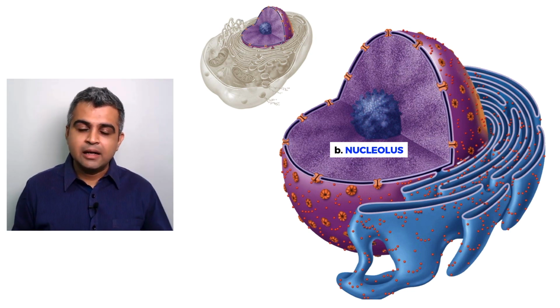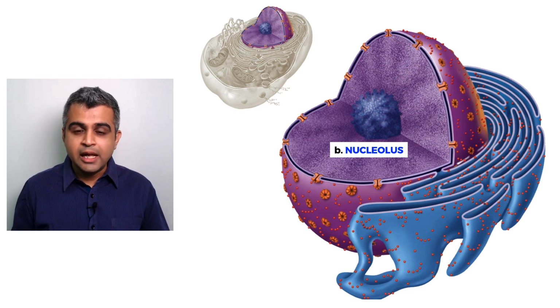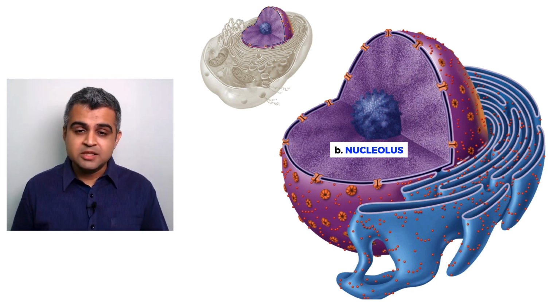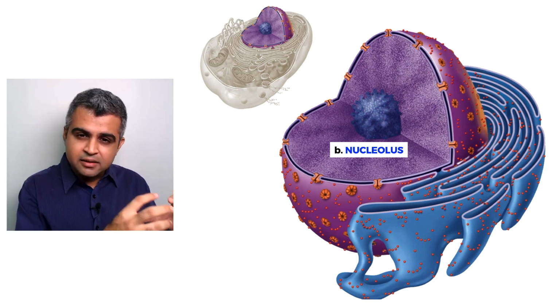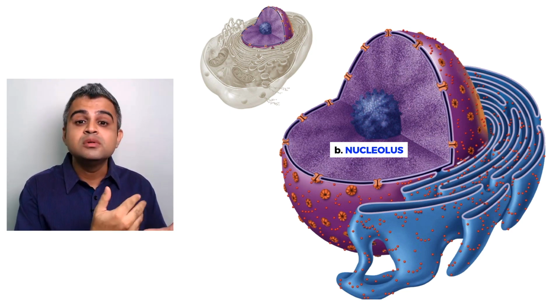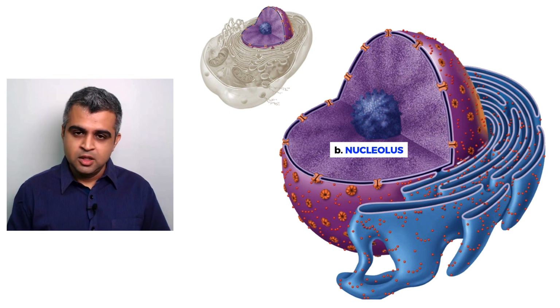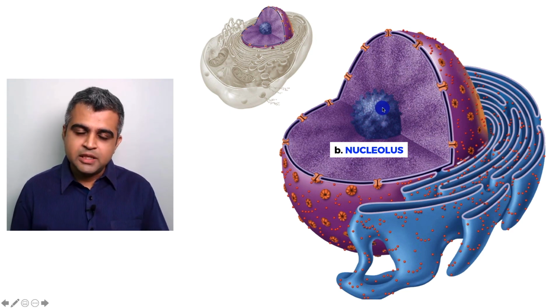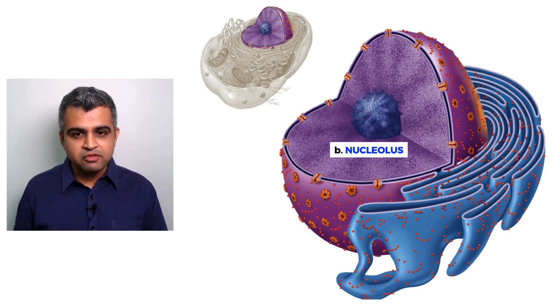It helps the cell to make proteins. So it helps in protein synthesis. So this tells you that if a cell is making a lot of proteins, inside the nucleus, it is going to have a lot of nucleoli. So one single one, as you can see here, is called a nucleolus. Many of these will be called nucleoli. Is this concept clear to everybody now?